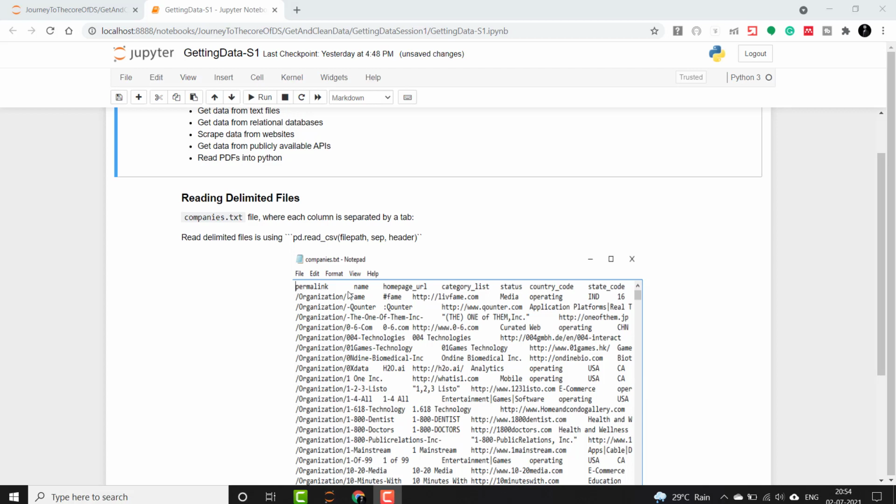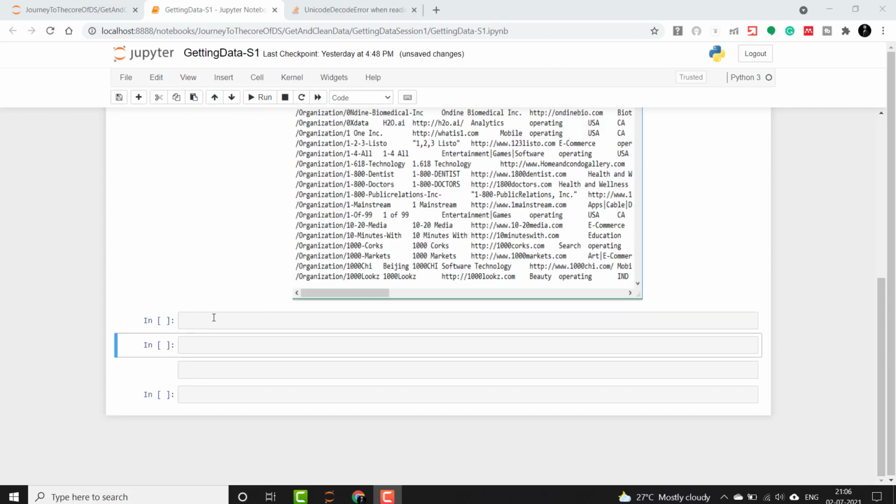For instance, we have this companies.txt file where each column is separated by a tab. So tab is a delimiter here. And how can we read it? The easiest way to read this delimited file is using pd.read_csv, giving the path, separator, and header, and the separator is the delimiter, which in this case is a tab.